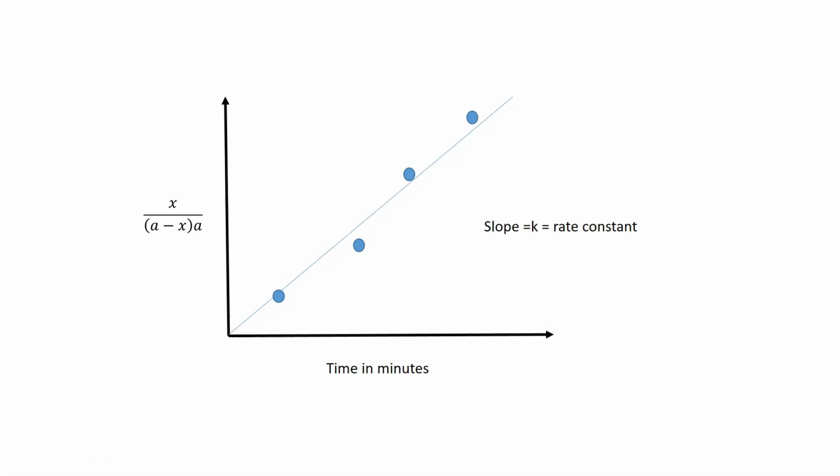And as I told you, ester hydrolysis using a base turns out to be a second order reaction. Hence, the unit of this rate constant would be liter per mole per minute. And the same reaction, if you happen to do it under acidic condition, is found to be first order in kinetics. So as you can see, when you do the same reaction under different acidic or basic conditions, the order of the reaction varies.